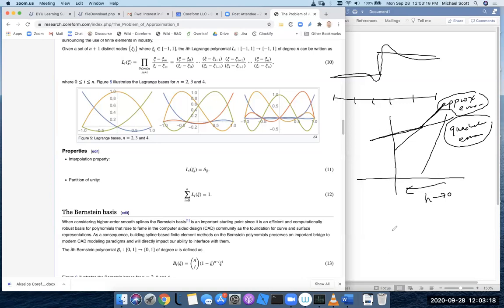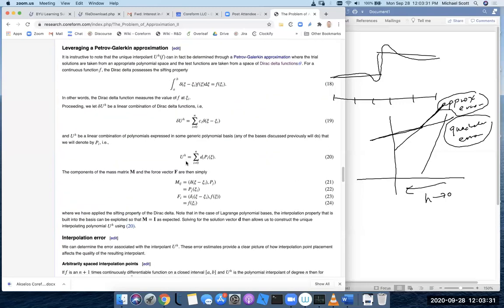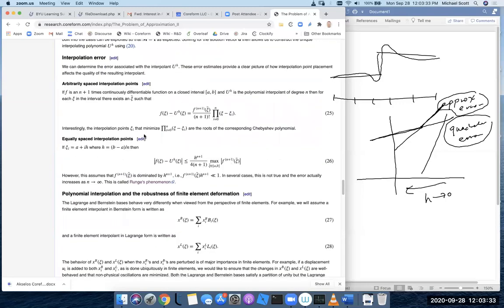Are you going to derive the theoretical convergence rates for us? Like show us why that is what it is? I already did. It's actually in the interpolating polynomial. Here they are. I didn't go over them, but